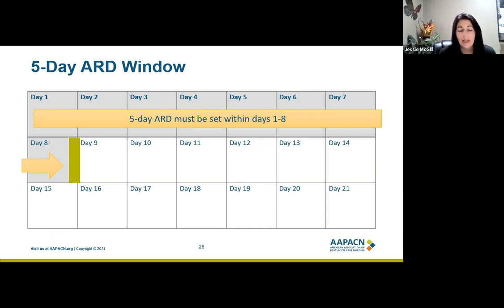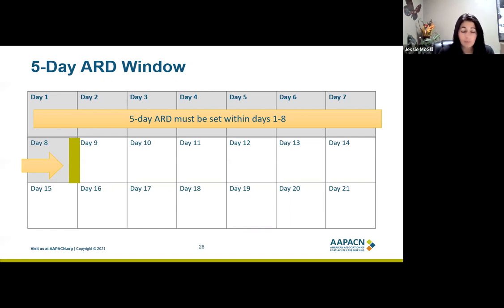through day 8. And just to reinforce, this is your Medicare Part A stay days. So a lot of times this will correlate with admission. The resident admits on Medicare, but there's also times that this occurs in the middle of a long-term care stay. The resident might have been Medicare, came off to a non-skilled level, and then was picked back up on Medicare during their 30-day window. And the day we pick them back up would be day 1 of that new Medicare